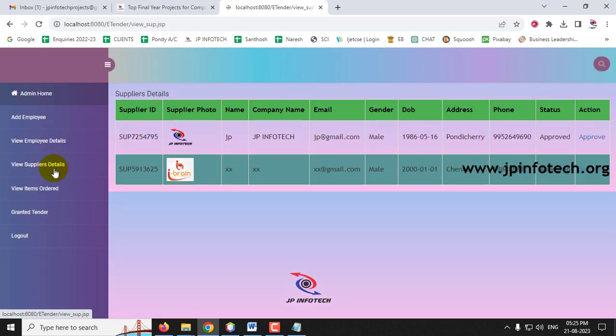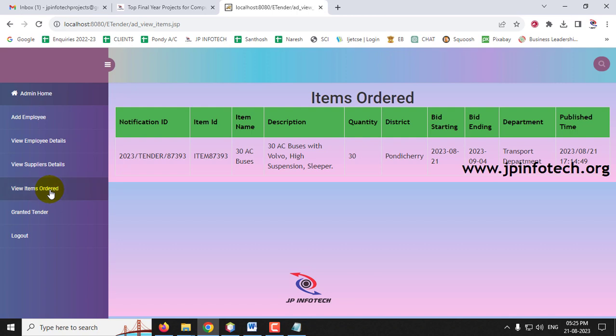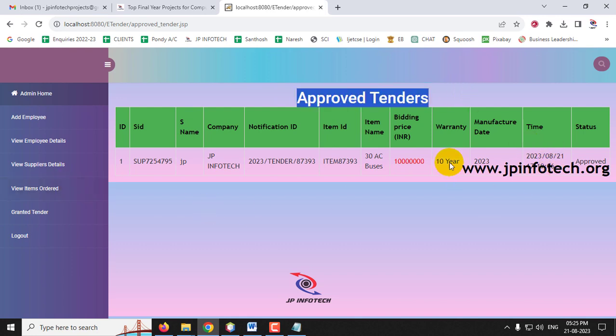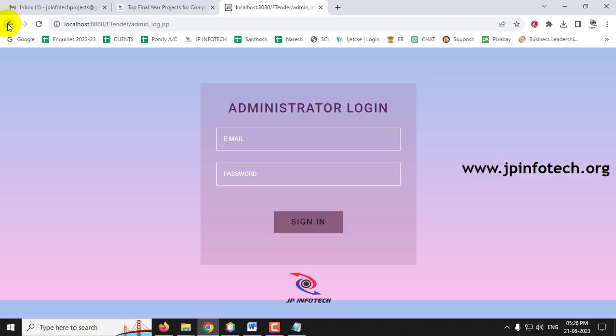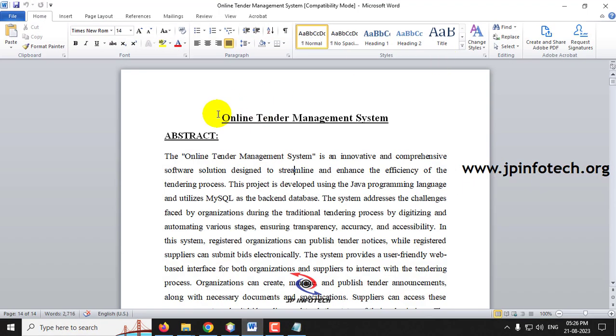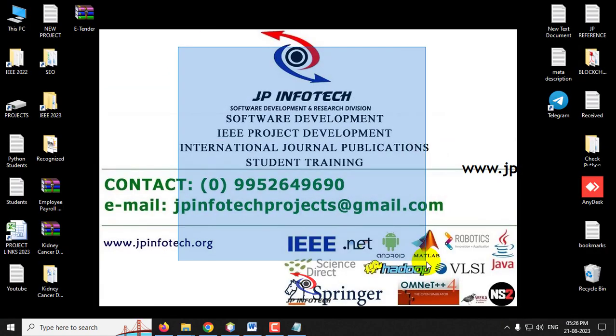In the administrator, we can see the order details, and you can see which tender is granted. That detail is updated here in the administrator part. Now let me log out from the admin part. Every part has been completed, and this is all about the project online tender management system using Java and